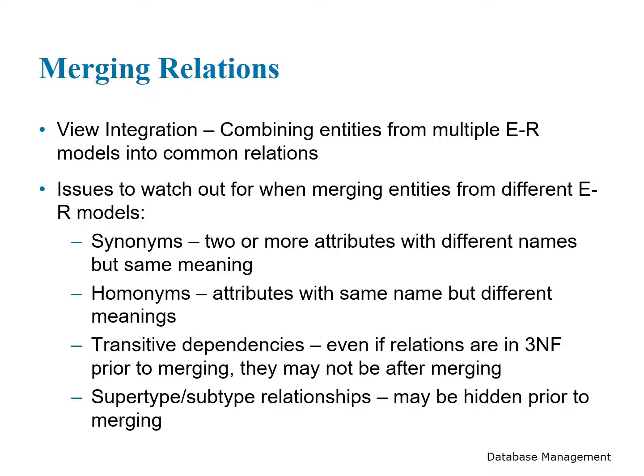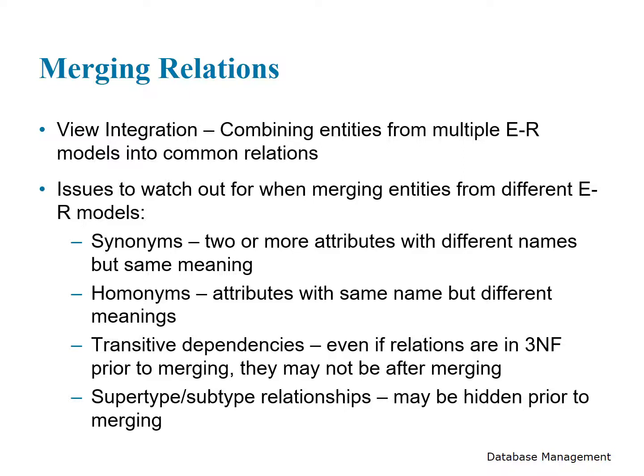In this case, advisor is functionally dependent on major name. If the preceding functional dependency exists, then student is in second normal form, but not in third normal form, because it contains a transitive dependency. You can create third normal form relations by removing the transitive dependency. Major name becomes a foreign key in student. So student has student ID and major name,